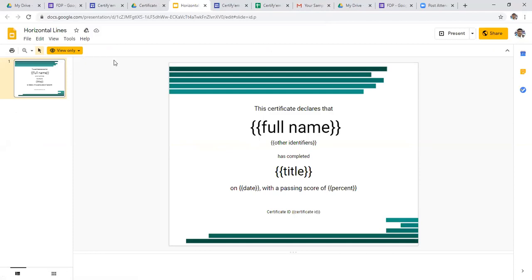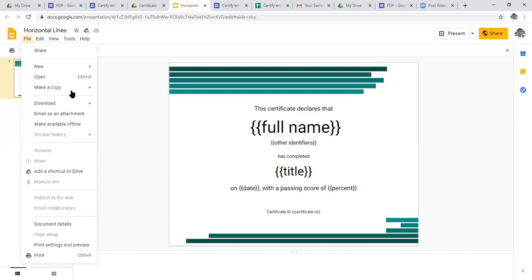Now we can edit the certificate. Just by clicking on File, we get Make a copy, entire presentation. Once the selected default certificate appears on Google Slides, make a copy of the entire presentation.